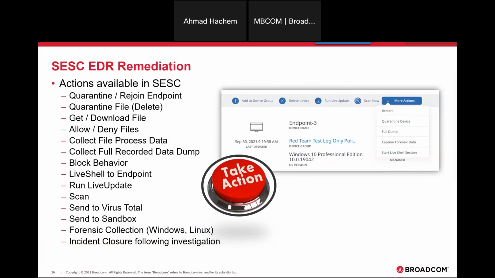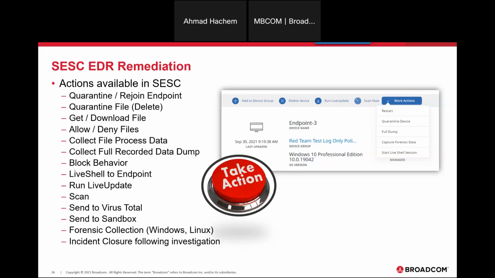Isolating endpoints and placing them in a quarantine zone, preventing them from communicating with any of the surrounding endpoint machines or even reaching out to the web. We're limiting the ability to spread or move laterally in the environment, and we're putting limits on the breach until we have remediated and made sure that everything is fine again, then we can